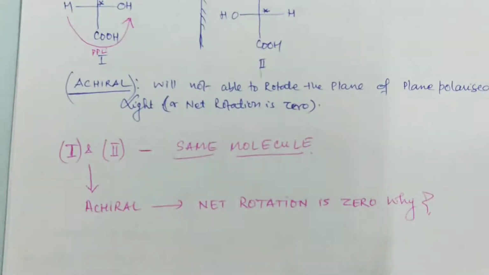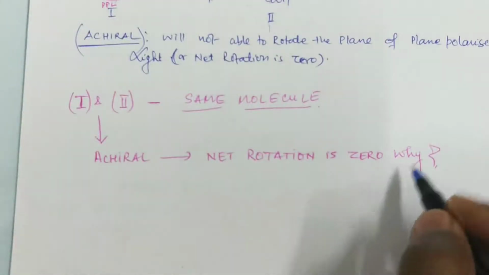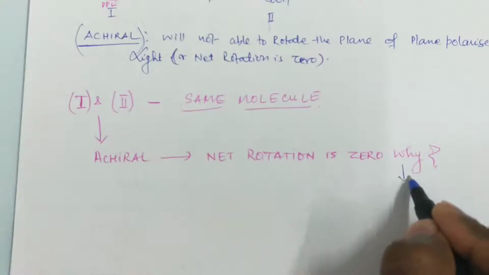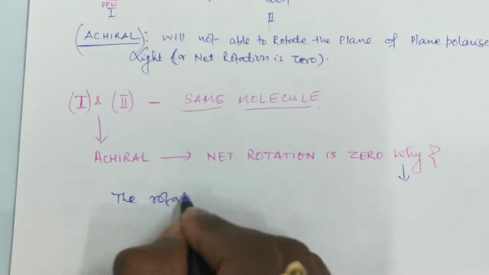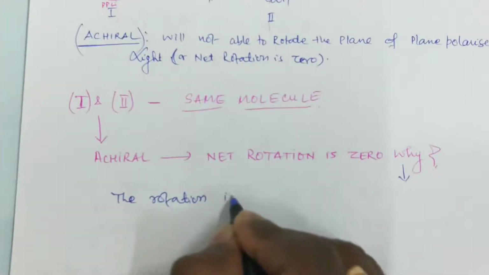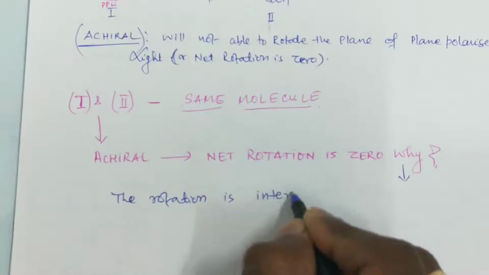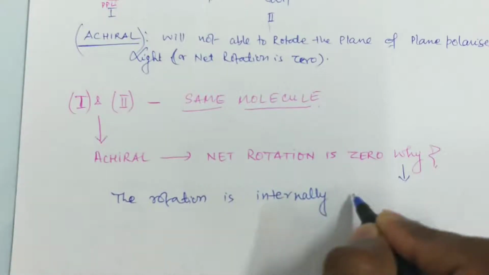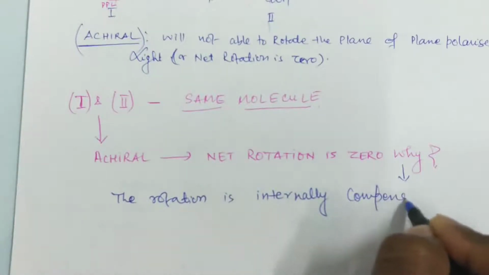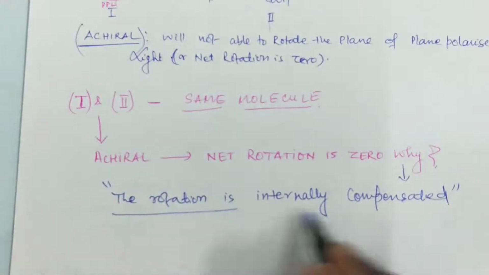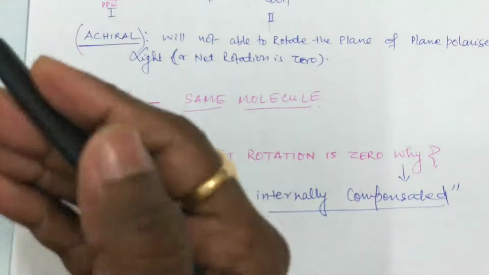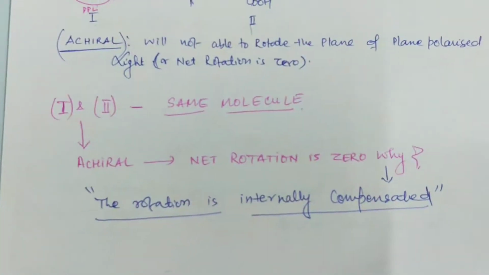The answer is the rotation is internally compensated. Internally compensated. See, half the molecule rotates clockwise and half the molecule counterclockwise. So the rotation is internally compensated, and such molecules